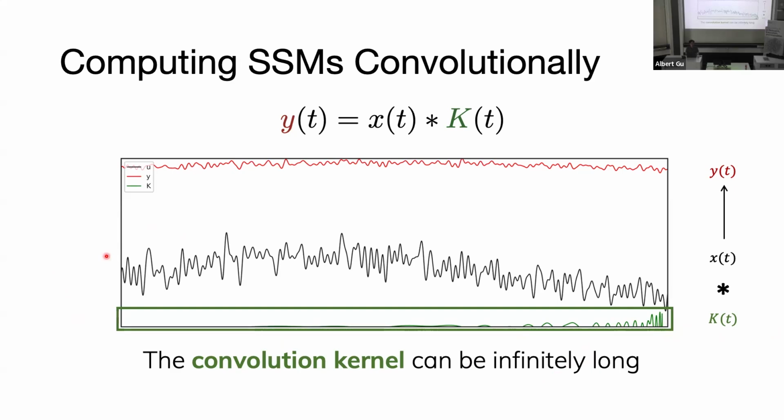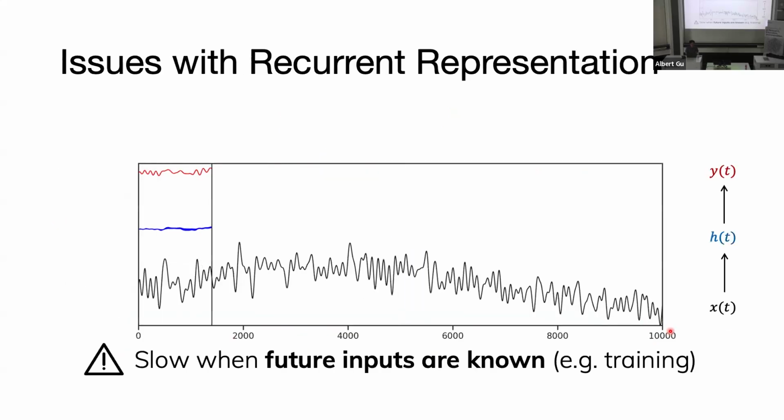There's some trade-off kind of thing, right? You could in principle model everything in the past, but then you have to process everything in the past too. Yes, that's right. So this is going to cover more of the trade-offs we'll see next, touching on deeper topics. Even though this kernel is infinitely long, it actually is constrained in certain ways. For example, here you can see that there's certain types of exponential decay. That itself is a function of the fact that this kernel is defined using this compressed representation A, B, and C. And that's also deeply related to the fact that in the recurrent representation,